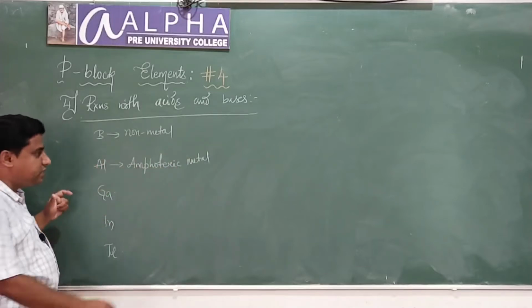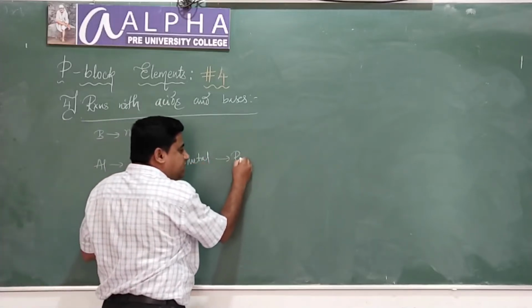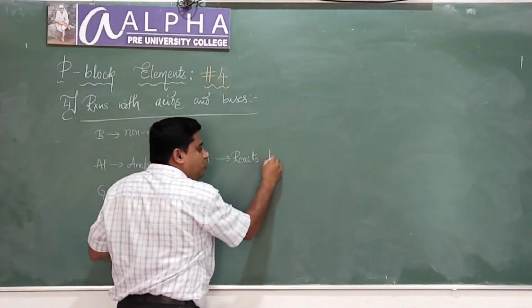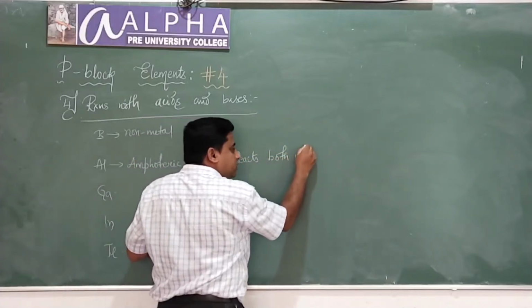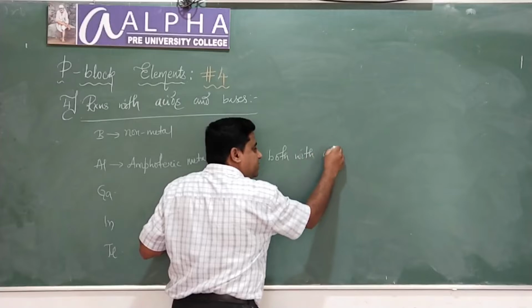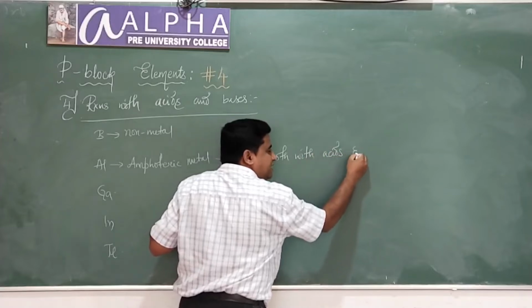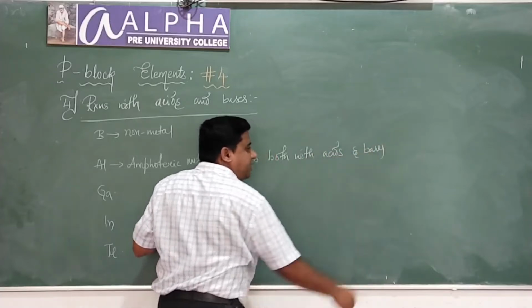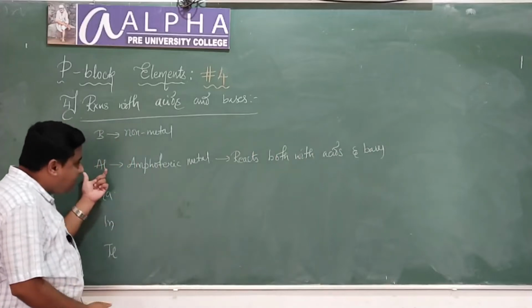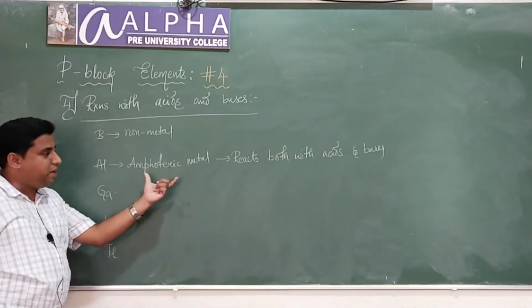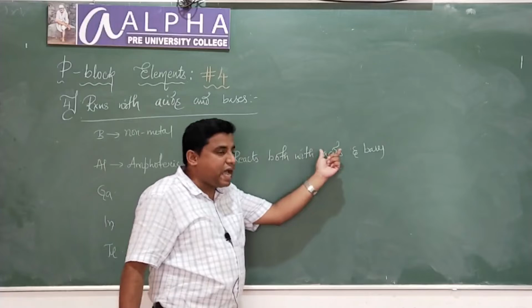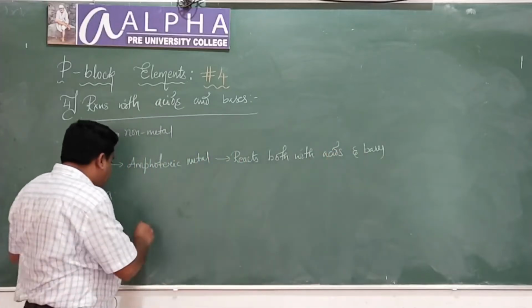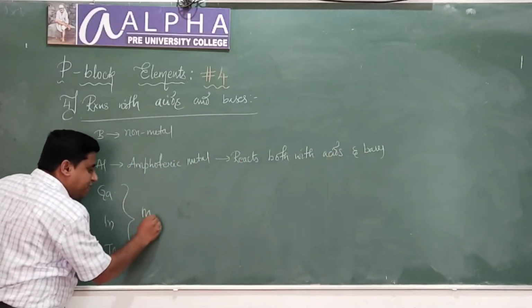Amphoteric metal means it reacts both with acids and bases. Any doubts? Aluminium, being an amphoteric metal, reacts both with acids and bases, whereas these are simple metals,